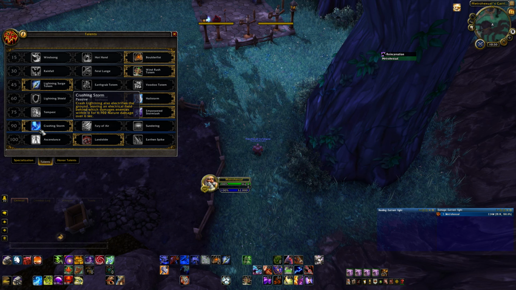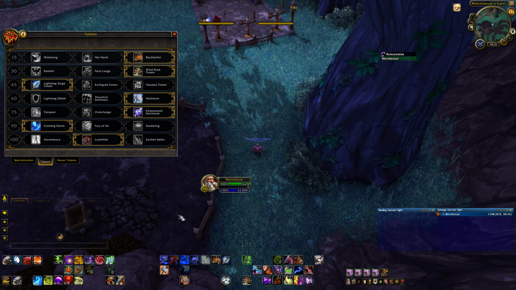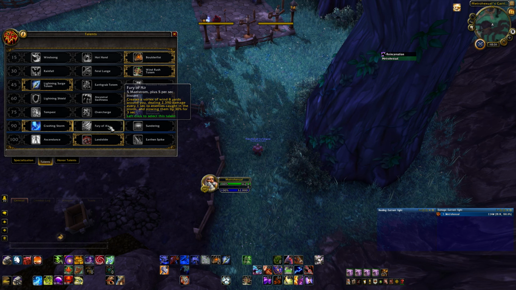Level 90, Crashing Storm is going to be your choice for pretty much every situation in the PvE raid setting. It makes your Crash Lightning put a little ground debuff that does the extra damage over 6 seconds, and it makes it worth using in single target as well as AoE because it becomes better damage per Maelstrom spent than, say, Lava Lash. So this is a really good ability for that, and the other two choices just aren't that